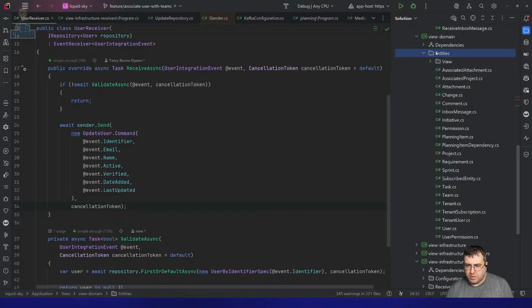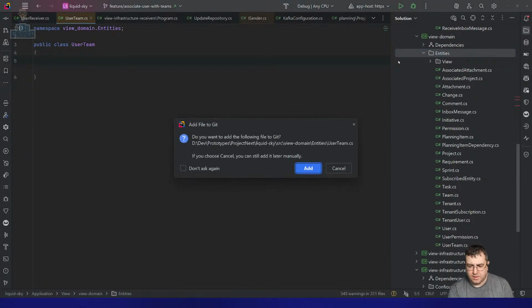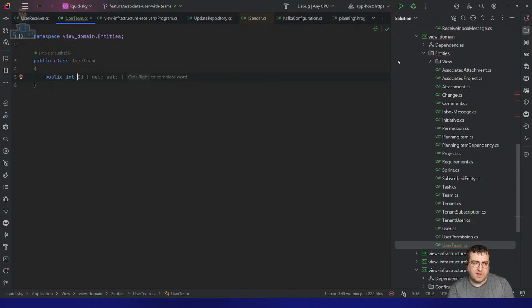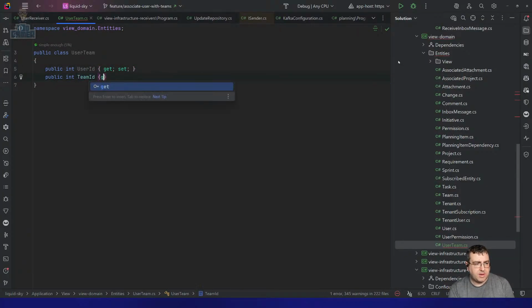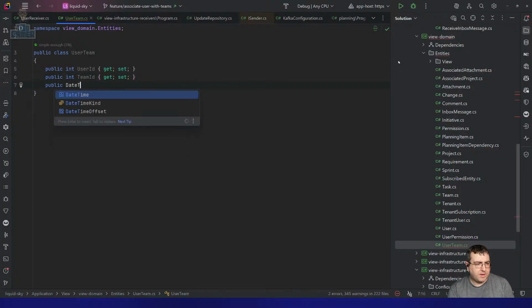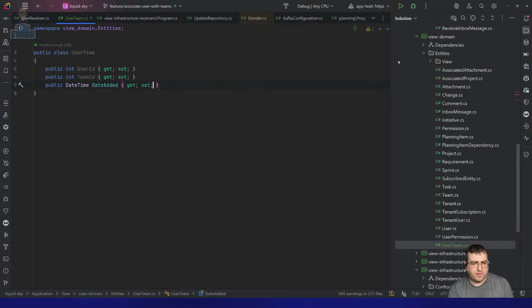So we're going to have user team, and this is public int user ID, public int team ID, public DateTime date added. Date added is just useful for knowing when we were assigned that team. I'm thinking I'm going to do the whole diff thing again rather than actually